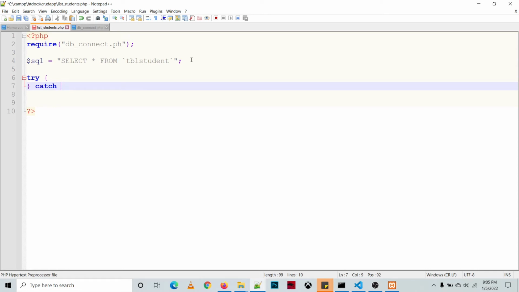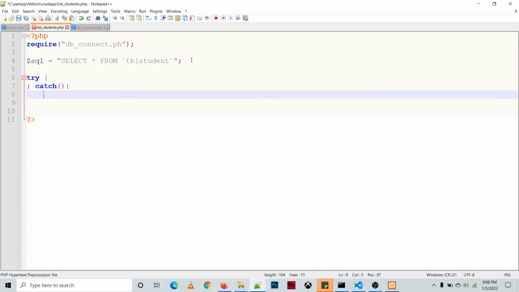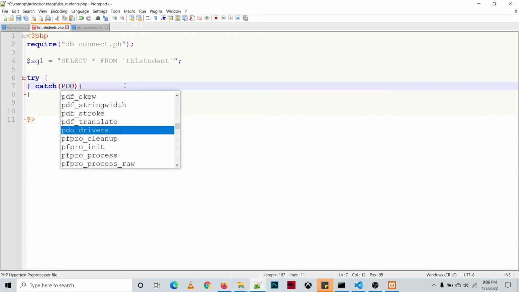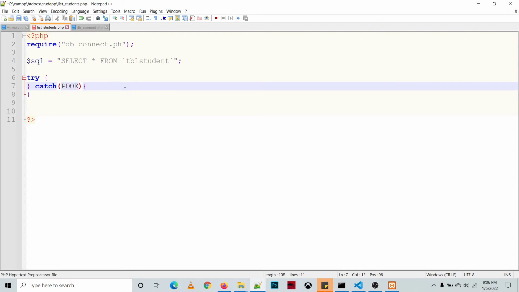So catch, and then under catch we'll be defining the PDO exception, variable E,